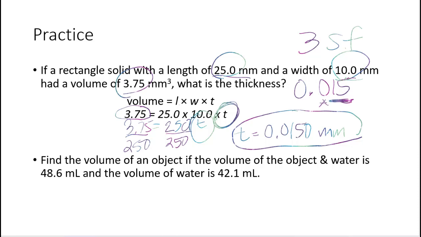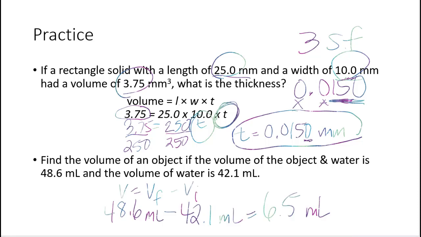Remember, the 0 to the left of the number doesn't count as being significant. So I needed to add a 0 to the right of there to give me 3 sig figs. A 0 that's to the right of a number and right of a decimal is considered significant. All right, this next one,